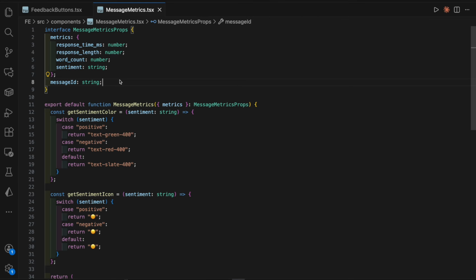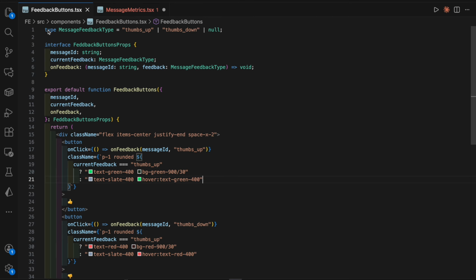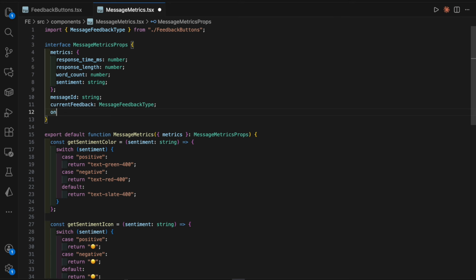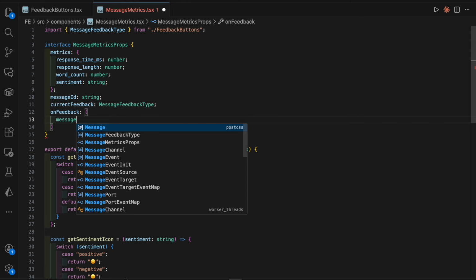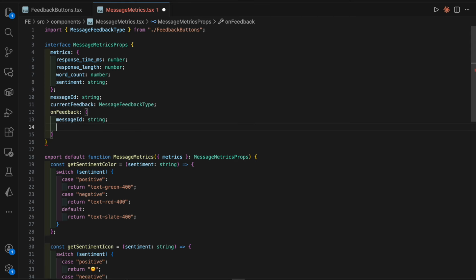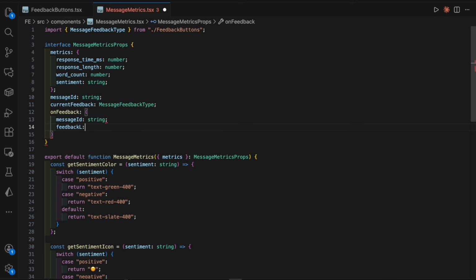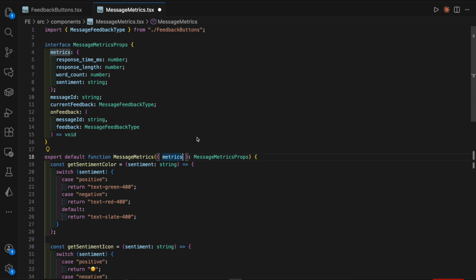So underneath the message ID, we'll have a current feedback, and I'm now going to export this type, message feedback type. As well as that, we'll then also have our on feedback, which again is the function which has our message ID, which is a string, and our feedback as well. Feedback. And again, that will return void. Then we'll destructure those from our props on message ID and on